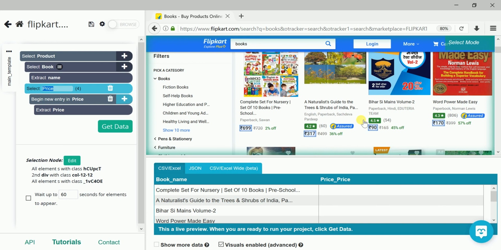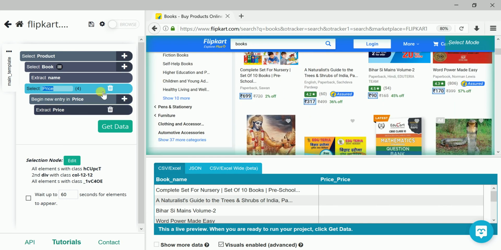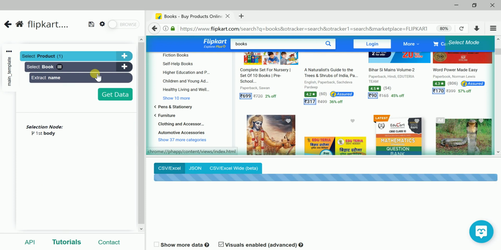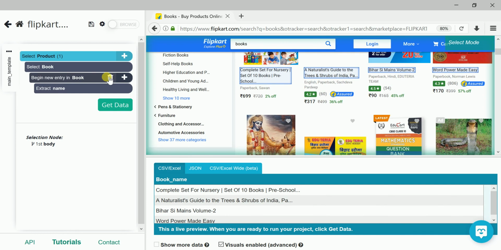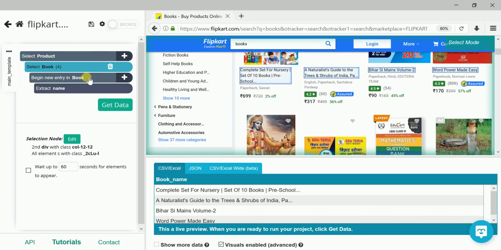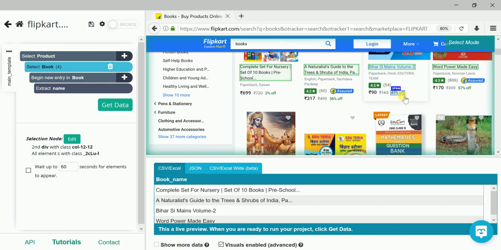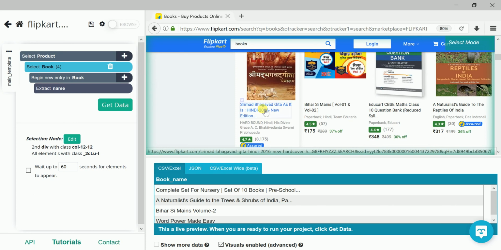Here I had made a mistake. Let me delete this too. Here you can see only 4 is selected. Since it is not automatically detected, we need to select a few more names.